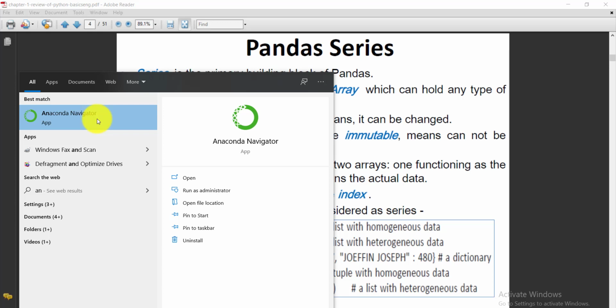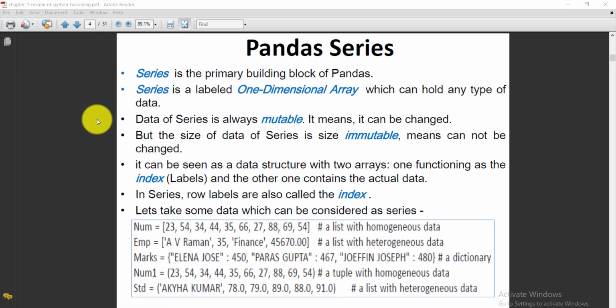You can easily install it on your operating system: go to the Anaconda Navigator URL, or simply type Anaconda in a search engine and install the Anaconda Navigator with the latest version on your system. So I am using the Anaconda Navigator for Pandas series,